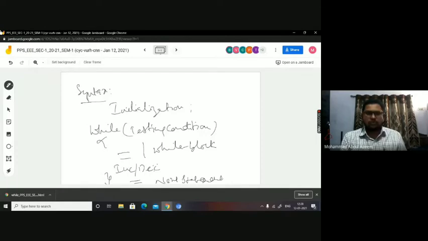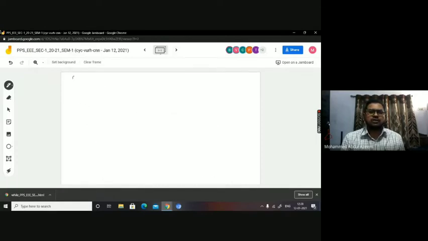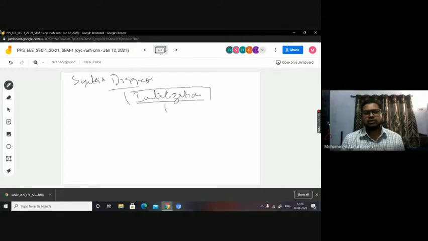So let me draw the syntax diagram for the same. First, the initialization. Then the condition is going to be tested.